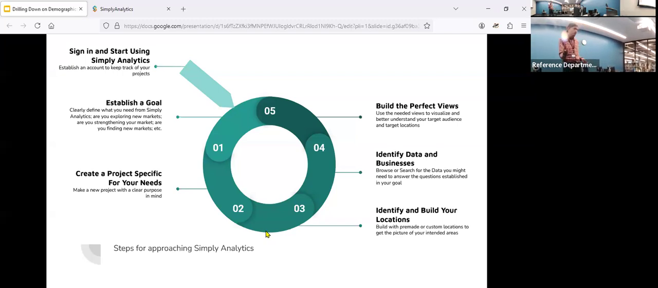Create a project or projects specific for your needs. Make a new project with clear purpose in mind. Identify and build your locations. Build with pre-made or custom locations, get a picture of your intended areas, or to find the intended